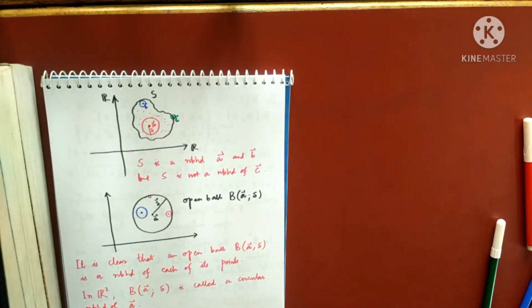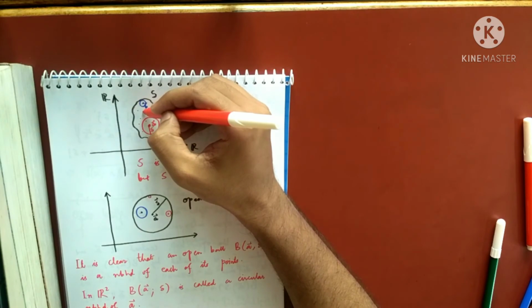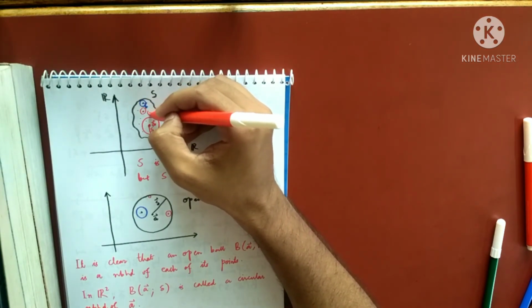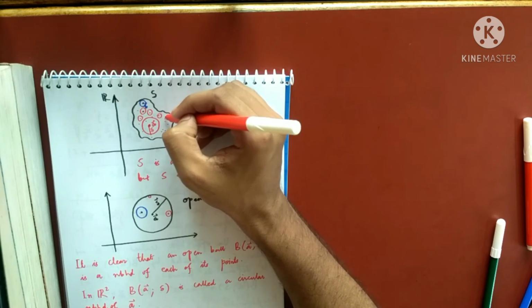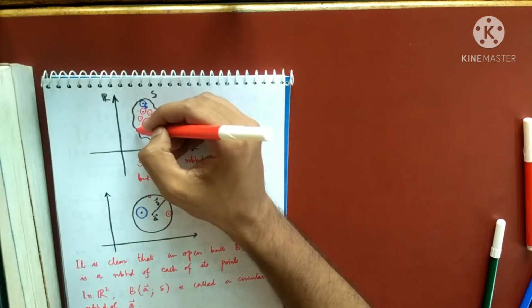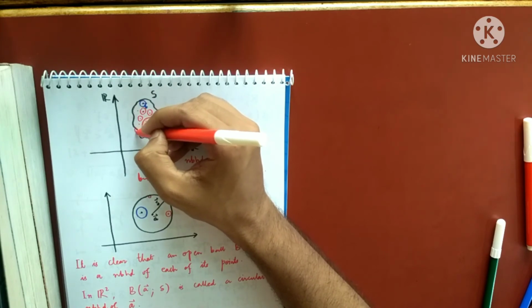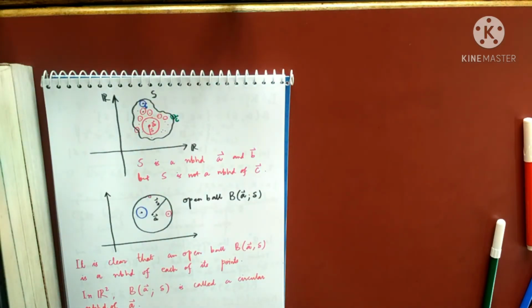So how do we define it? You see, for any point which is here or here, I can always draw an open ball around it and that will be inside S, right? But for any point which lies on the boundary, I cannot draw an open ball which lies completely inside S. So this is how we define an interior point. A point is said to be an interior point if I can draw an open ball around it and that open ball should be inside the whole set. If this condition is satisfied, we say that that point is interior to S. If it does not get satisfied, we say that it is not an interior point. So let me define it very quickly.